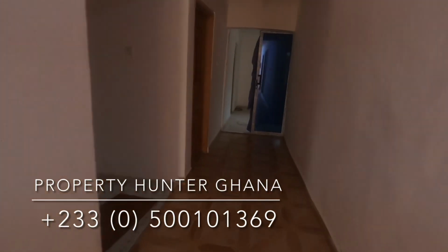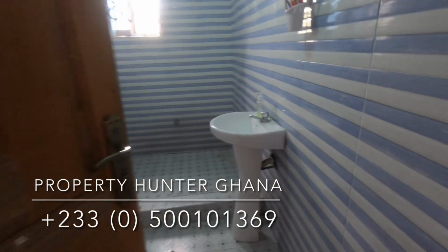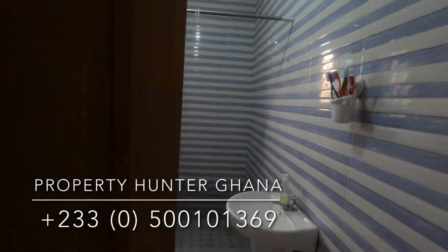So this is the washroom they use. Very neat and nice, and you have your throne there, nicely done. Okay,